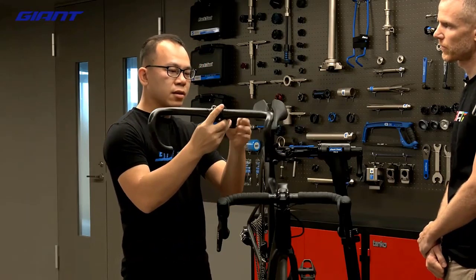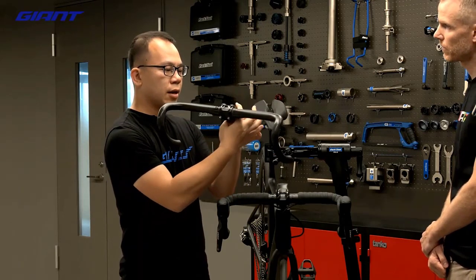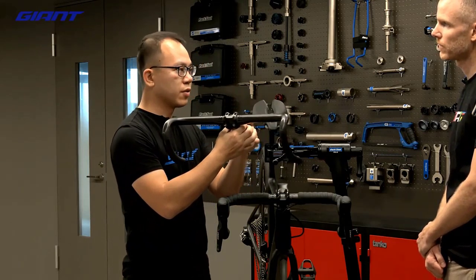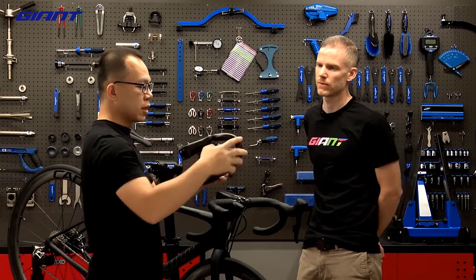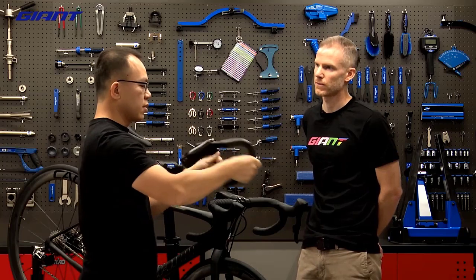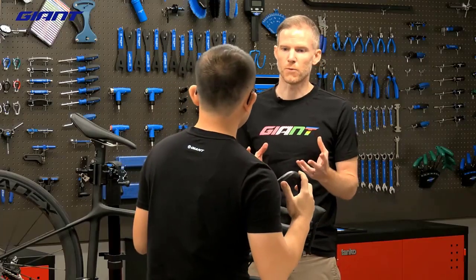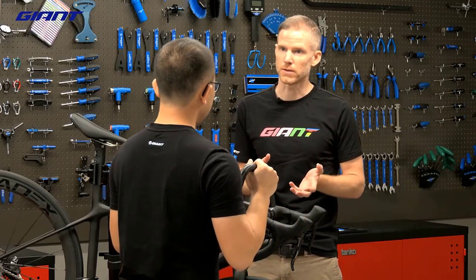And for the stem, we improve the cross-section length and the width ratio to decrease the torsion deformation. It boosts the stiffness of the stem. For the bar, we increase the drop stiffness for better handling in sprint. So overall summary for the cockpit, we were able to lower the weight, increase the stiffness, but I think there's